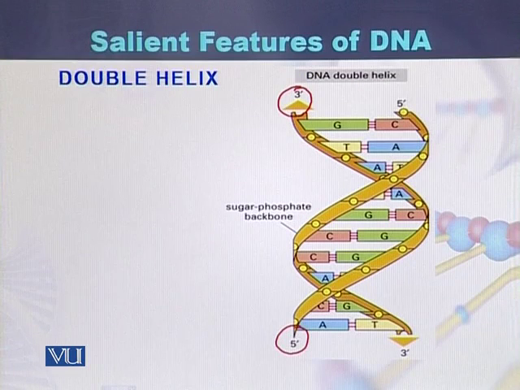This polymer is 3' to 5'. This strand runs in the 3' to 5' direction, while the other strand is anti-parallel to the first strand. In this case, this end is the 5' end, while its second end is called the 3' end. So DNA is a double helix structure that consists of two strands of polymers of the nucleotides, and both the polymers run anti-parallel to each other.